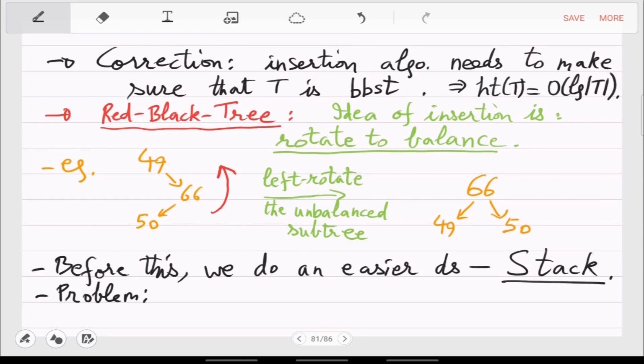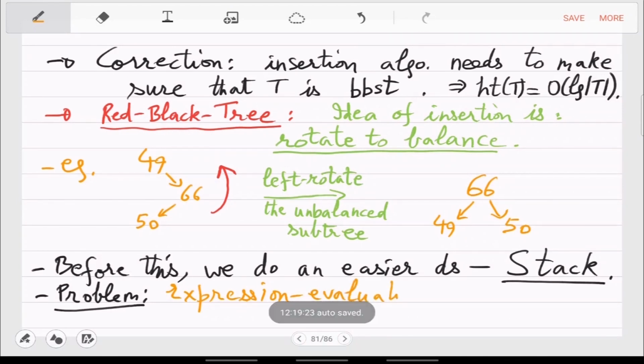So the problem is expression evaluation. Sorry? No, I'll give the mathematical modeling. The modeling is that it is a data structure where there is a base which is sealed and then a top which is open.